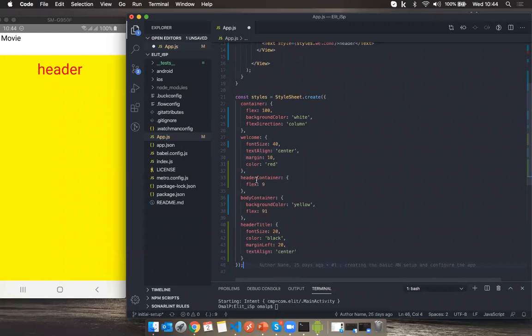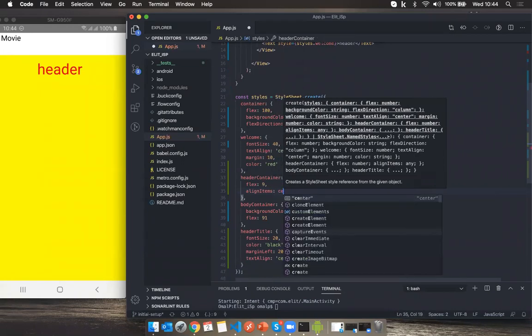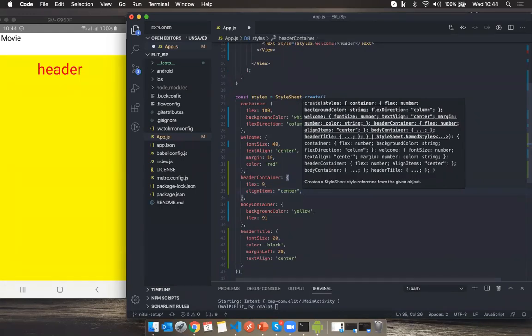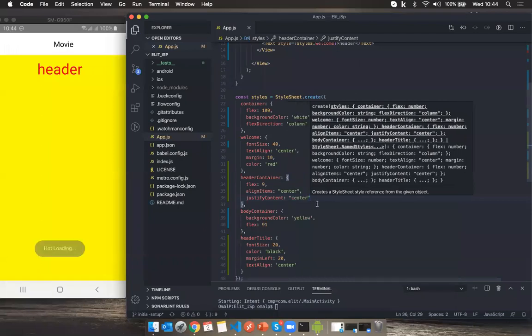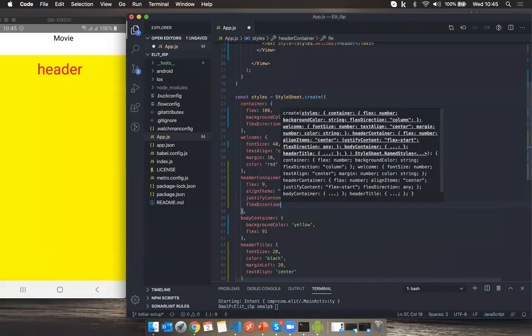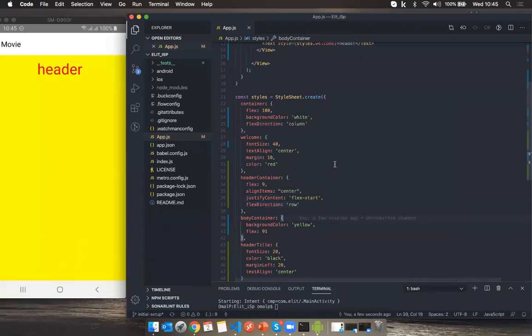And in the parent component, okay, finally we got it.